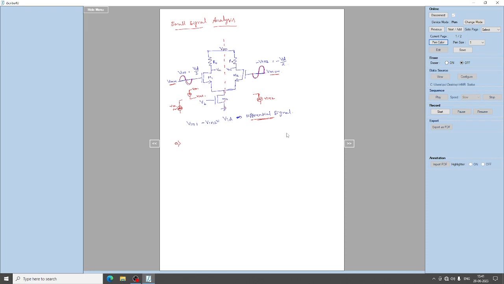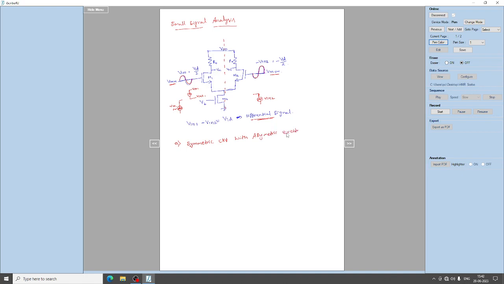That means the circuit is symmetric, and the input is asymmetric. The input is asymmetric, that means V in 1 and V in 2 need not be same, right. If it is same, what happens? The differential output will be 0, right. So symmetric circuit with asymmetric